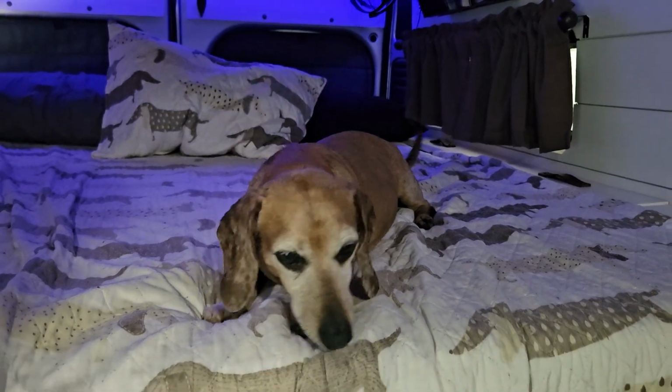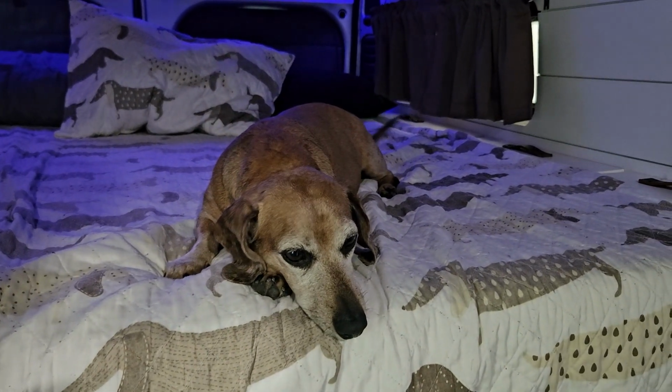Number 5 is climate control, especially this time of year when the temperatures are hitting 100 degrees out there. There's a lot of people that want to know how I manage the climate in my van builds. A lot of people travel with their pets. I got little Maddie back here, and they want to keep their pets safe and they want to be comfortable in their van. So whether it's the dead of winter or the heat of summer, that is a very frequently asked question. And although everyone has their different answer to this question, I'm going to tell you what I do